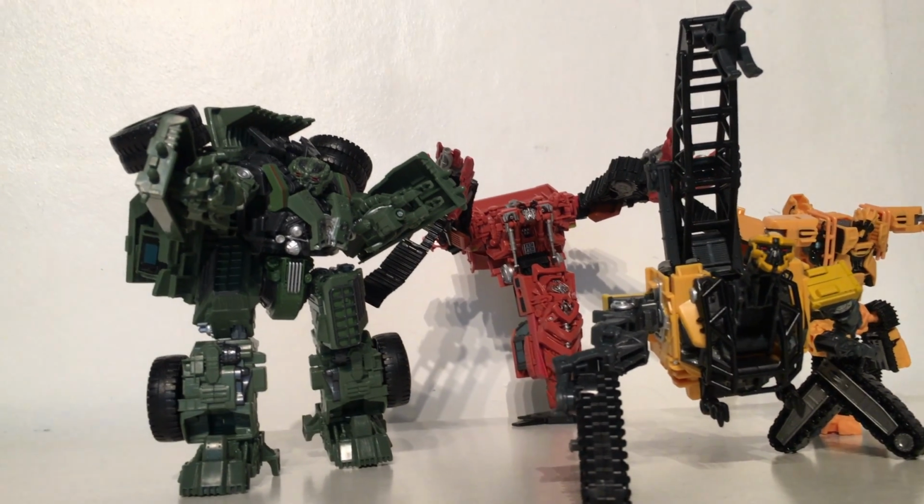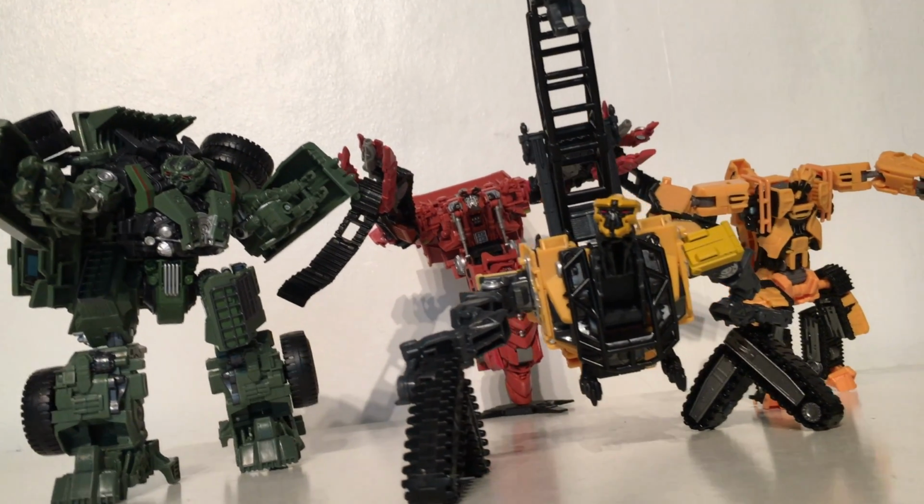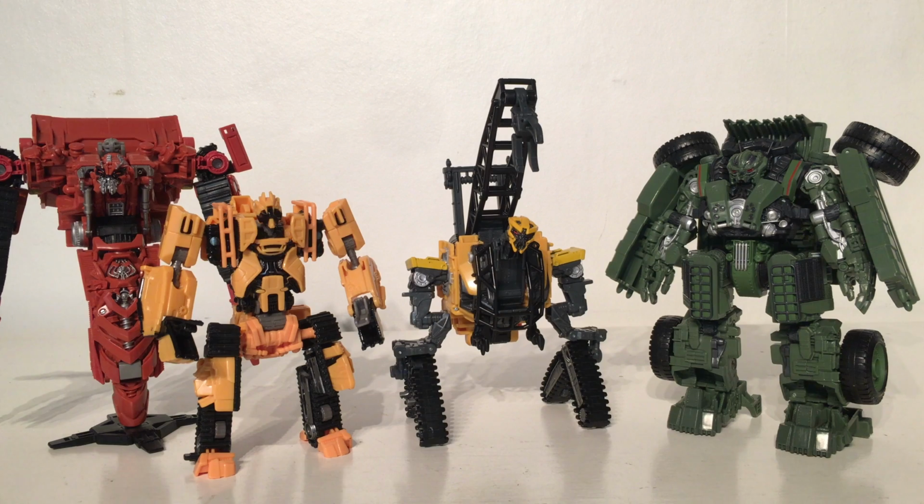As you can see, I think that he personally looks great alongside some of these other figures, and seeing as he is a deluxe class, he is considerably shorter than Rampage and Longhaul. We are halfway of the way there, and I really can't wait to complete Devastator, as these four figures are